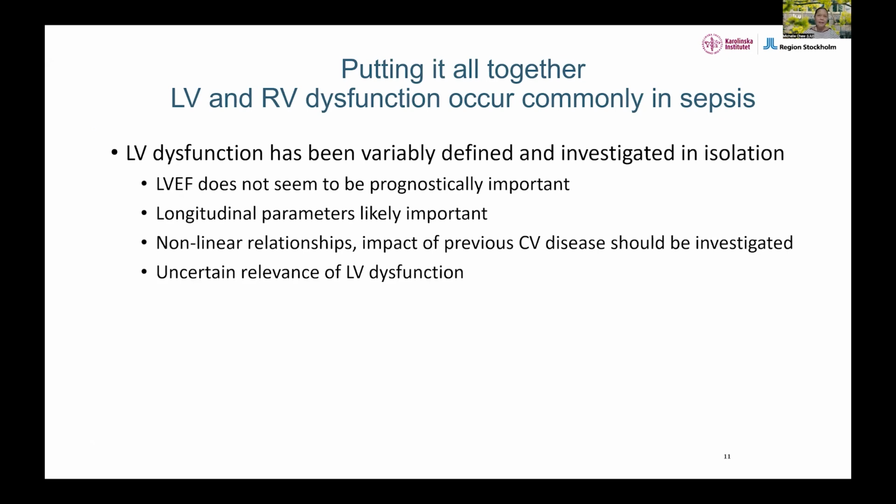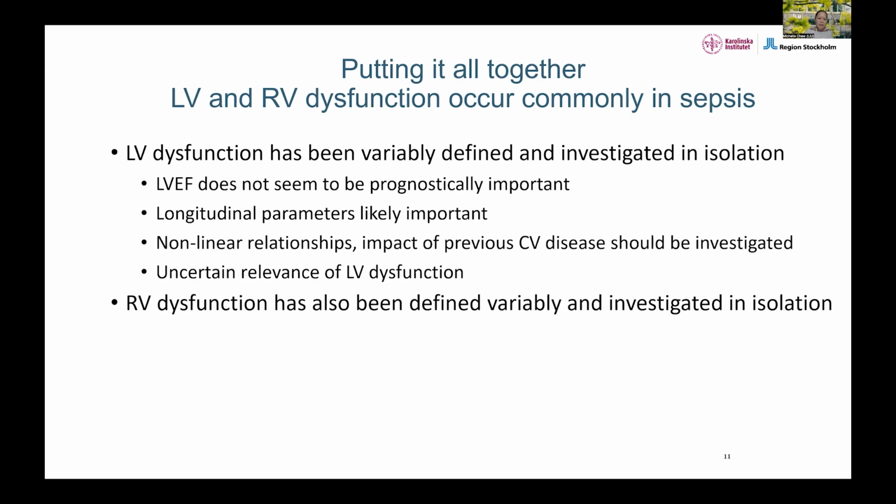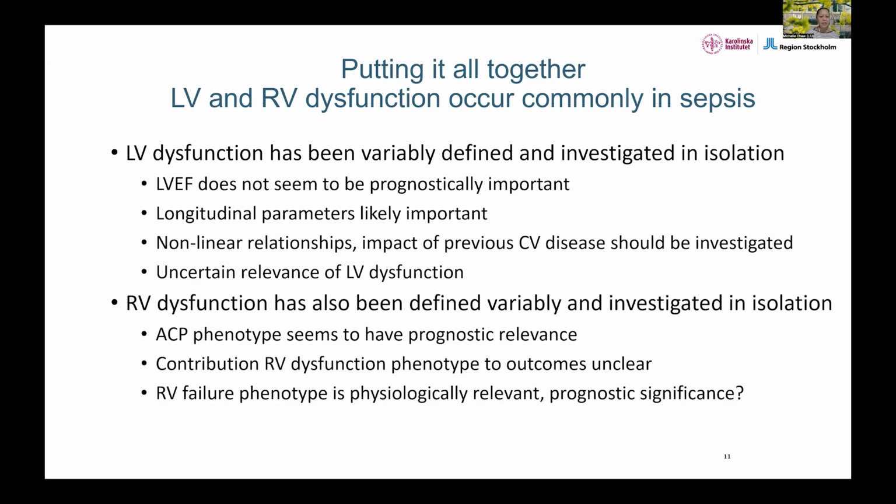We are seeing that the longitudinal parameters, such as global longitudinal strain, as well as emerging data with MAPC, are likely to be important. But up till now, we are really uncertain about the relevance of left ventricular dysfunction. Similarly, right ventricular dysfunction has been defined variably, usually again investigated in isolation. We know that the acute cor pulmonale phenotype seems to have prognostic relevance, and this is particularly true for patients with